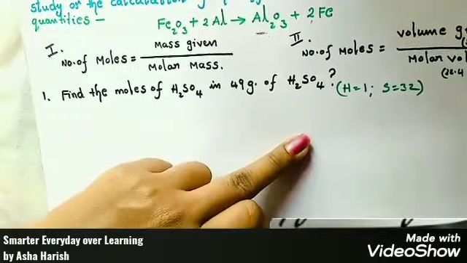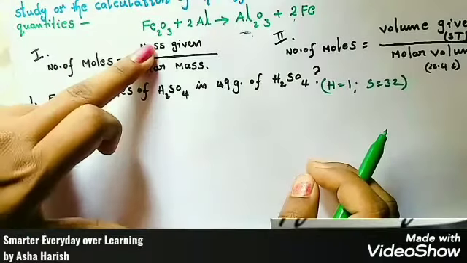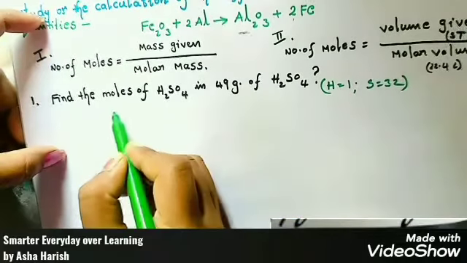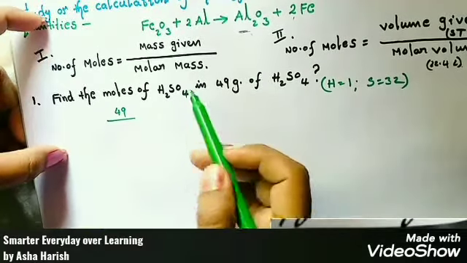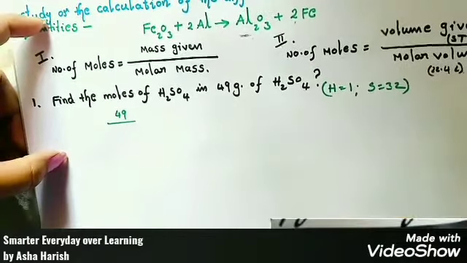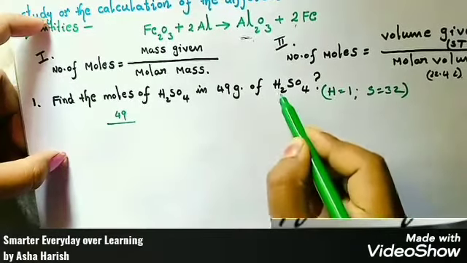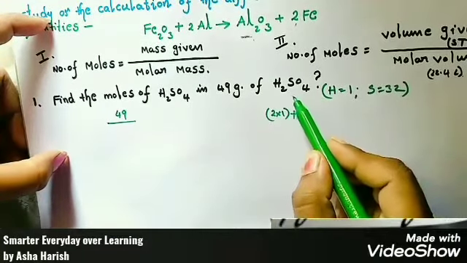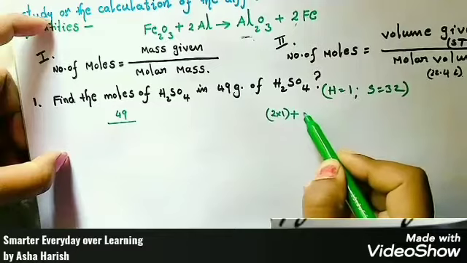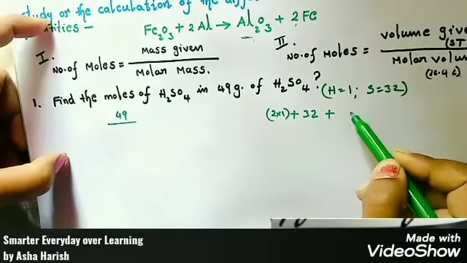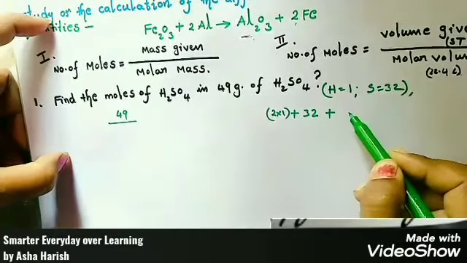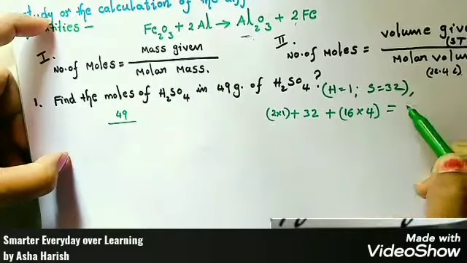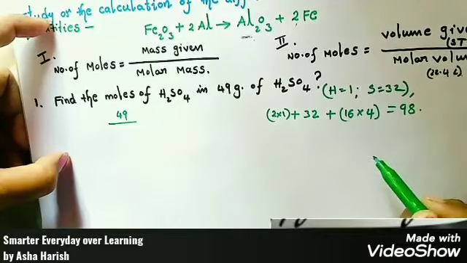Number of moles we have to find out. So basing upon this formula, mass given by molecular mass. The given mass is 49 here, by molecular mass. Students, here you have to find out the molecular mass of H2SO4. So hydrogen atoms are 2 here, so 2 into 1, plus sulfur molecular mass they have given in the question only, that is 32, plus oxygen, that is 16 into 4, as 4 oxygen atoms are present here. The total, students, if you do, then you should get 98.